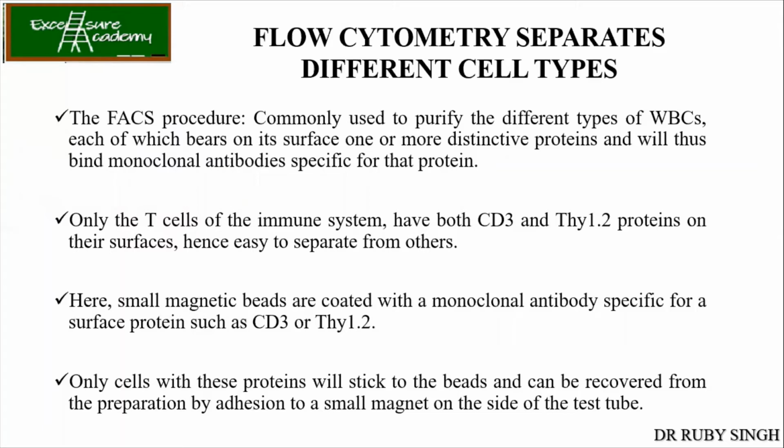Now, basically, in the research where I was working, we took the spleen of the animal. The animal we studied is the mouse, a small mouse. We take the spleen of the mouse, and the speciality of that mouse is that we have induced cancer. Since it is the cancer lab, we have induced the cancer in the mouse, and now we want to see what kind of immune cells are present.